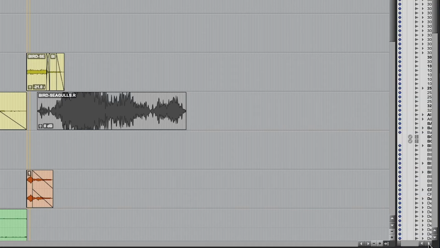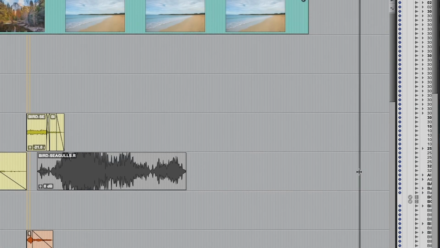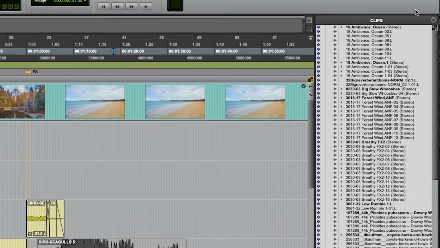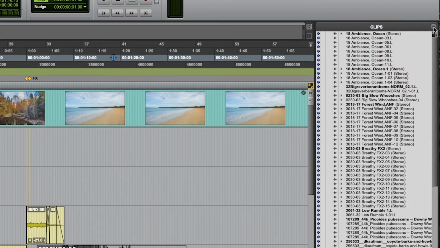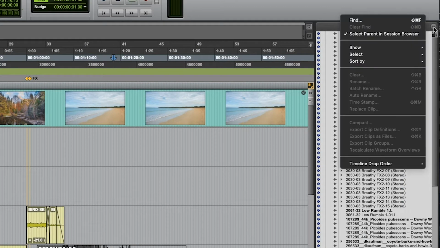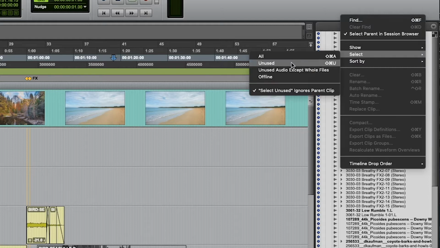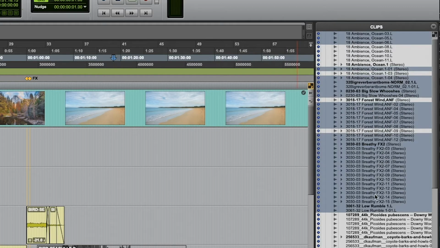All right, next step, go down to the bottom right. Click this icon, open your clips list. And what I can do is now move to the top here to this icon and select unused clips. You will see that the clips I am not using in this edit window are highlighted in blue. So it just found anything that's not being used and highlighted it for me. How convenient. I can then go to the top right corner, click the arrow,